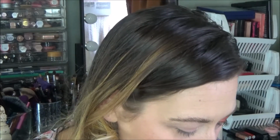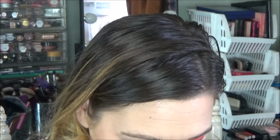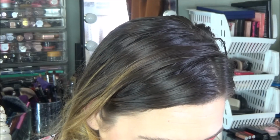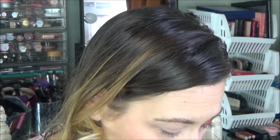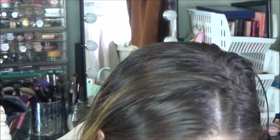I'm trying to figure out, do I go full on purple or do I tone it back a tiny bit and do a fuchsia and red moment? We could do a really cool sunset eye, but that would also be red. You know what? I think I know what we're gonna do. Okay, so